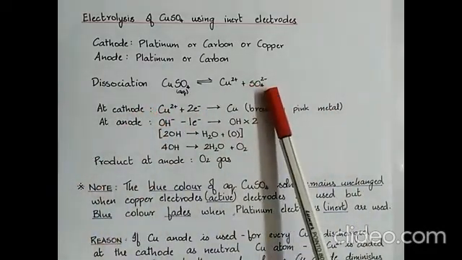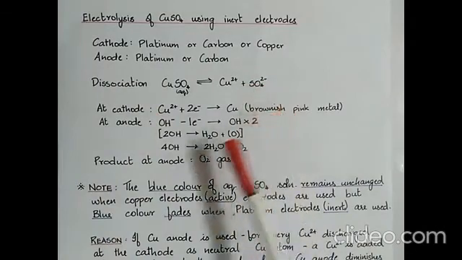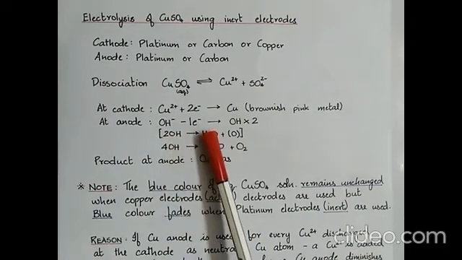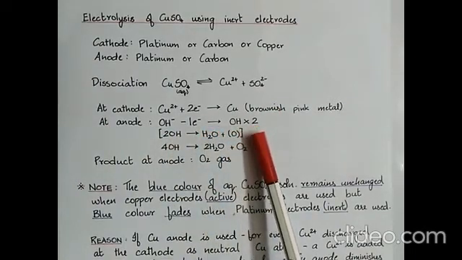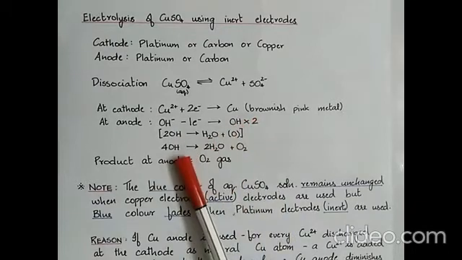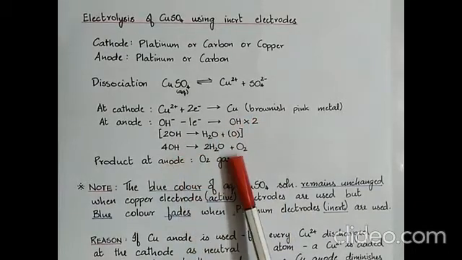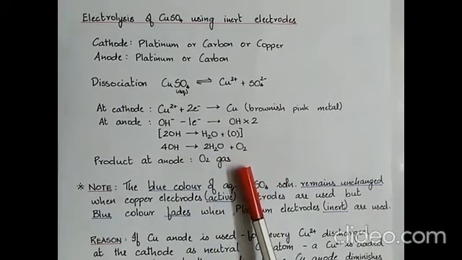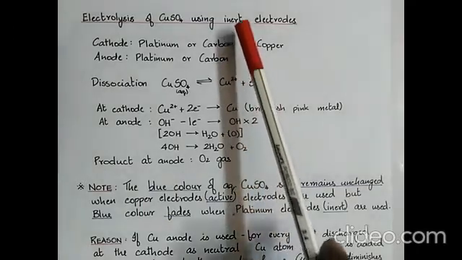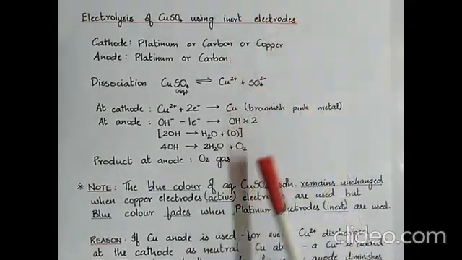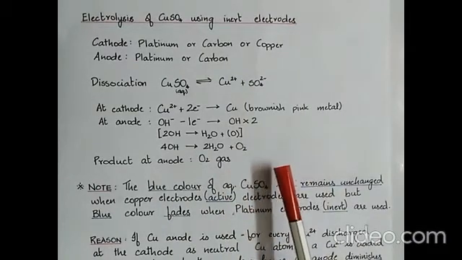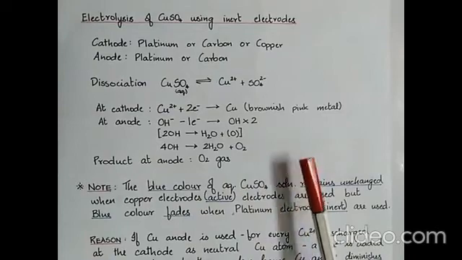And the sulfate ions and the hydroxyl ions move towards the anode. Hydroxyl ions are discharged by losing 1 electron. It forms free hydroxyl radical. A minimum of 4 hydroxyl radicals are required for the completion of the reaction. Then it forms 2 water molecules and oxygen. Oxygen is liberated at the anode. Whereas in active electrode, you find at the anode there is no product being formed. The active electrode itself takes part in the reaction.